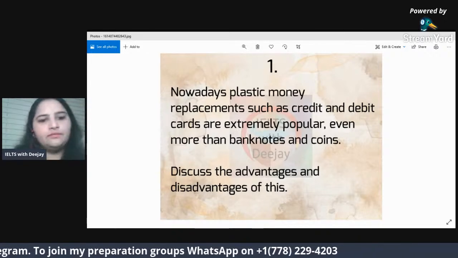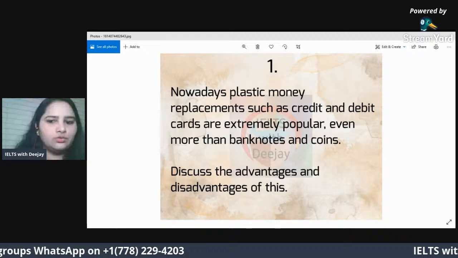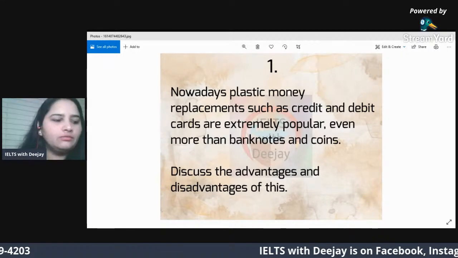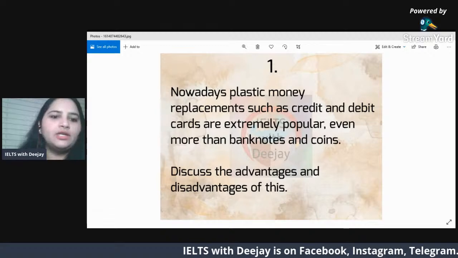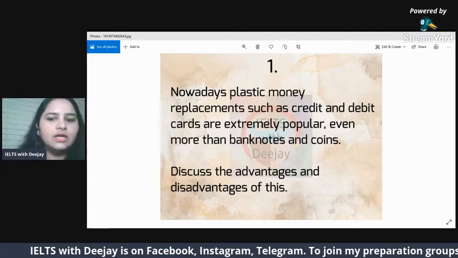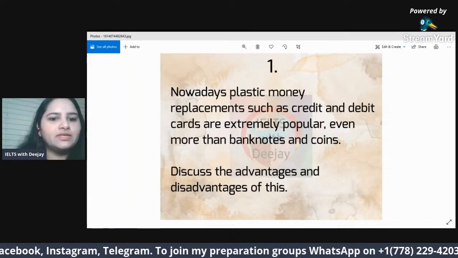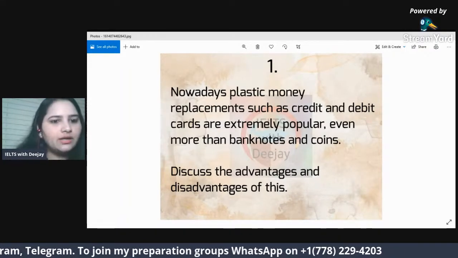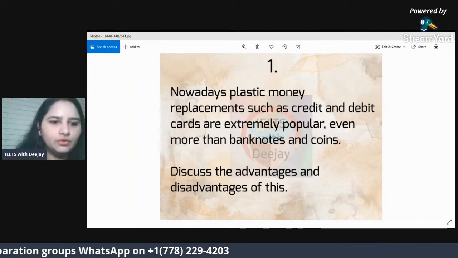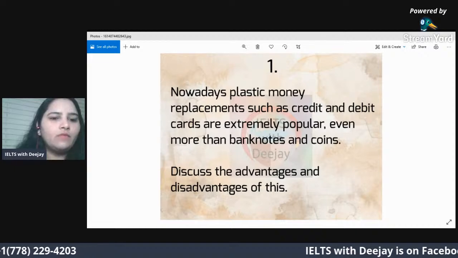And after this, your advantages and disadvantages, you will write your conclusion. Conclusion will be simple because there is no opinion. You will just write your main ideas, whatever your main ideas were. And you can write a recommendation because this is a kind of essay. And disadvantages are there. So you can write the recommendation that with proper usage, with proper care, and with proper